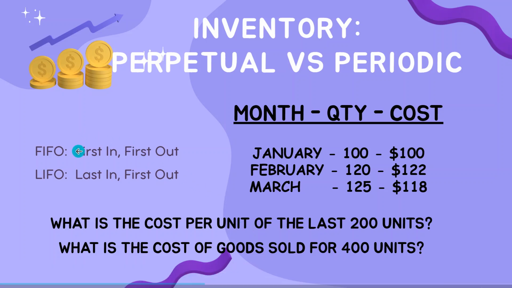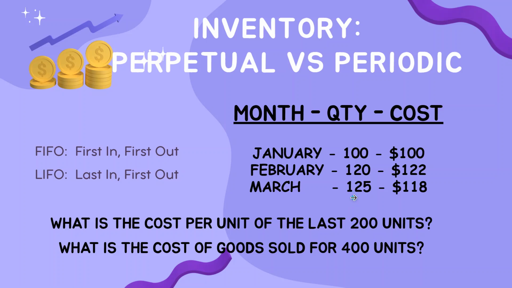So with first in, first out, this comes in, this goes out first. So what you have left is here, right? So with first in, first out, if we have 200 items left, we have all of these, 125,